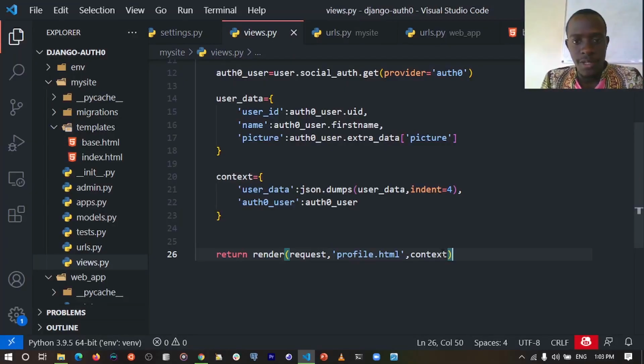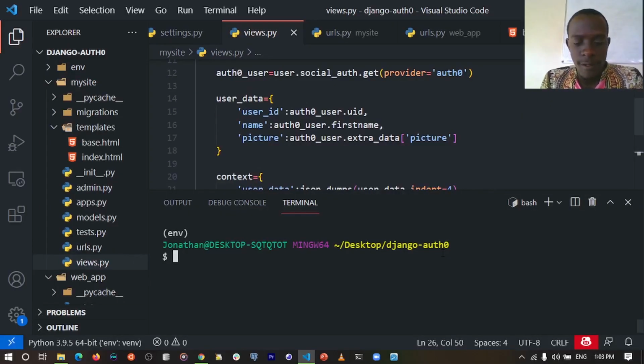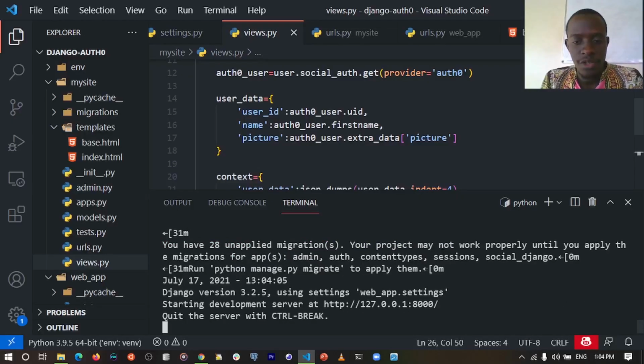So I'm going to run this file again and see if we have any errors. So I need to come and say python manage.py runserver. So we are going to run this and see if we have any errors. So now, since the server does not have any errors, the next thing is going to be to create the